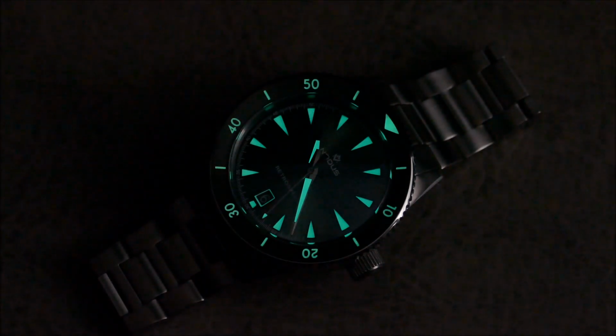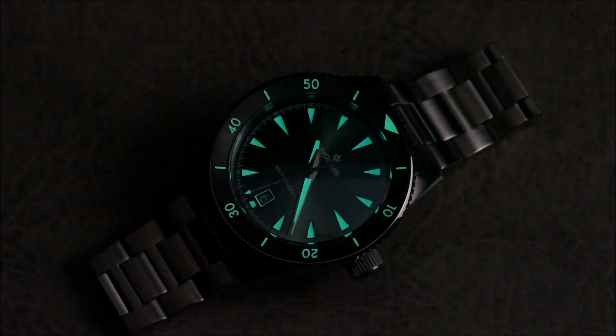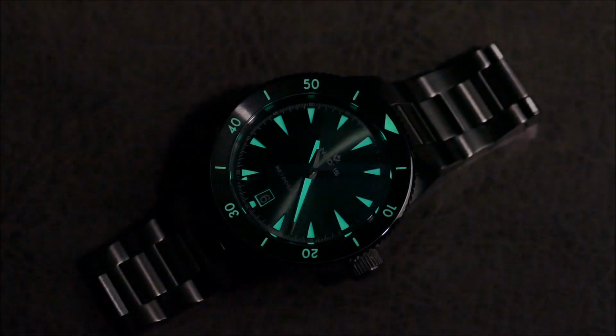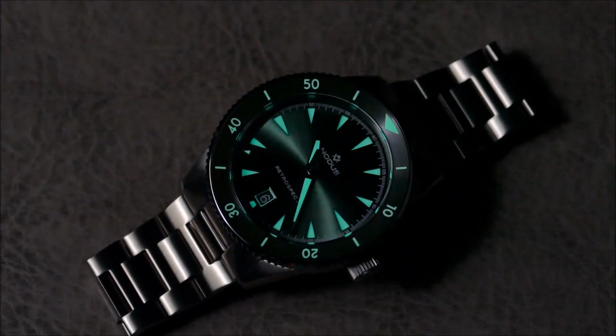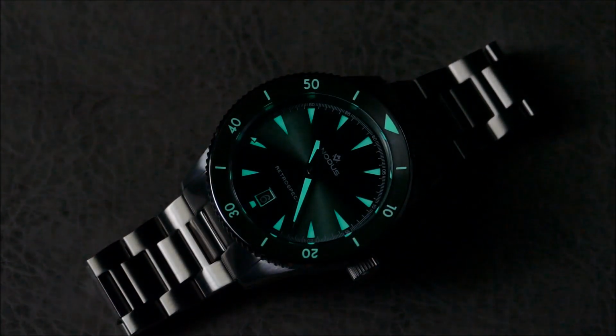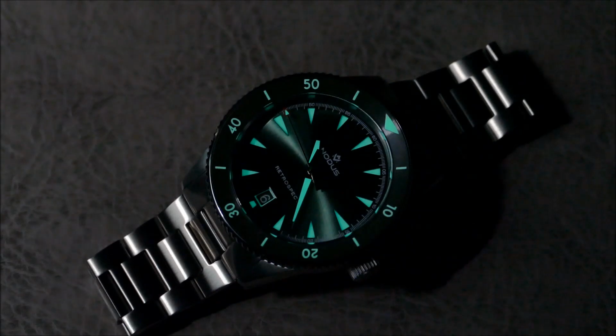But one thing I also like to work in while doing these Lume shots is some low light transition, because you're not always going to be out in the middle of a field enjoying direct sunlight. A lot of times you're going to be walking through mixed lighting conditions, coming in and outdoors, maybe walking underneath an overhang, the shade of a tree, or just spending time in your favorite automobile. So you do get this nice little moment to see how the watch will appear within that transitional and mixed